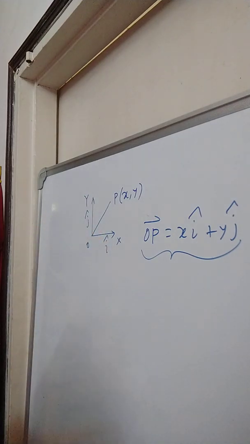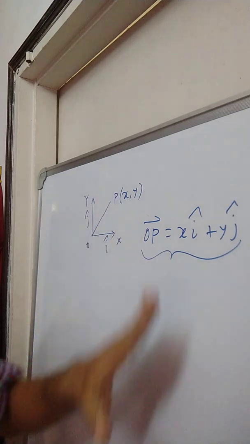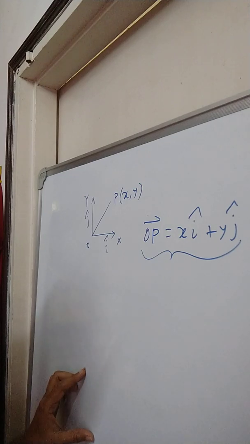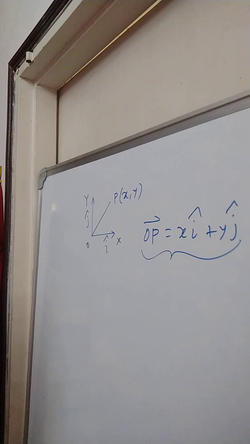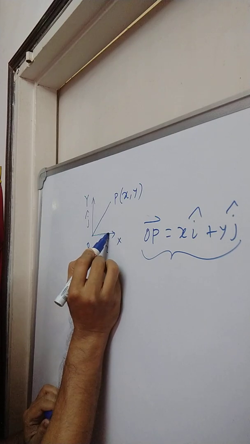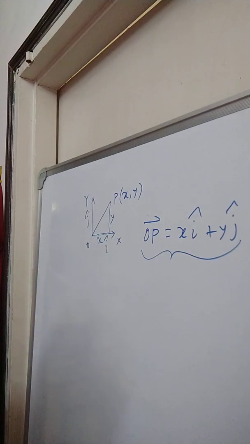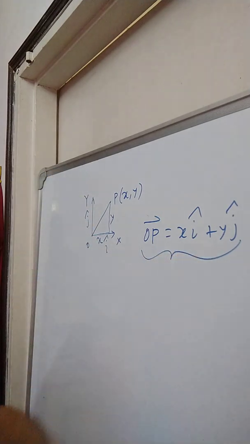That is, they are two mutually perpendicular directions in this plane, and since this is a two-dimensional plane, any point in this two-dimensional plane can be mapped or located with its coordinate. Now, how do you coordinatize? We move x unit along x axis and then y unit along y axis, and we reach this point P. So, that is why we can designate the vector OP by x i cap plus y j cap,